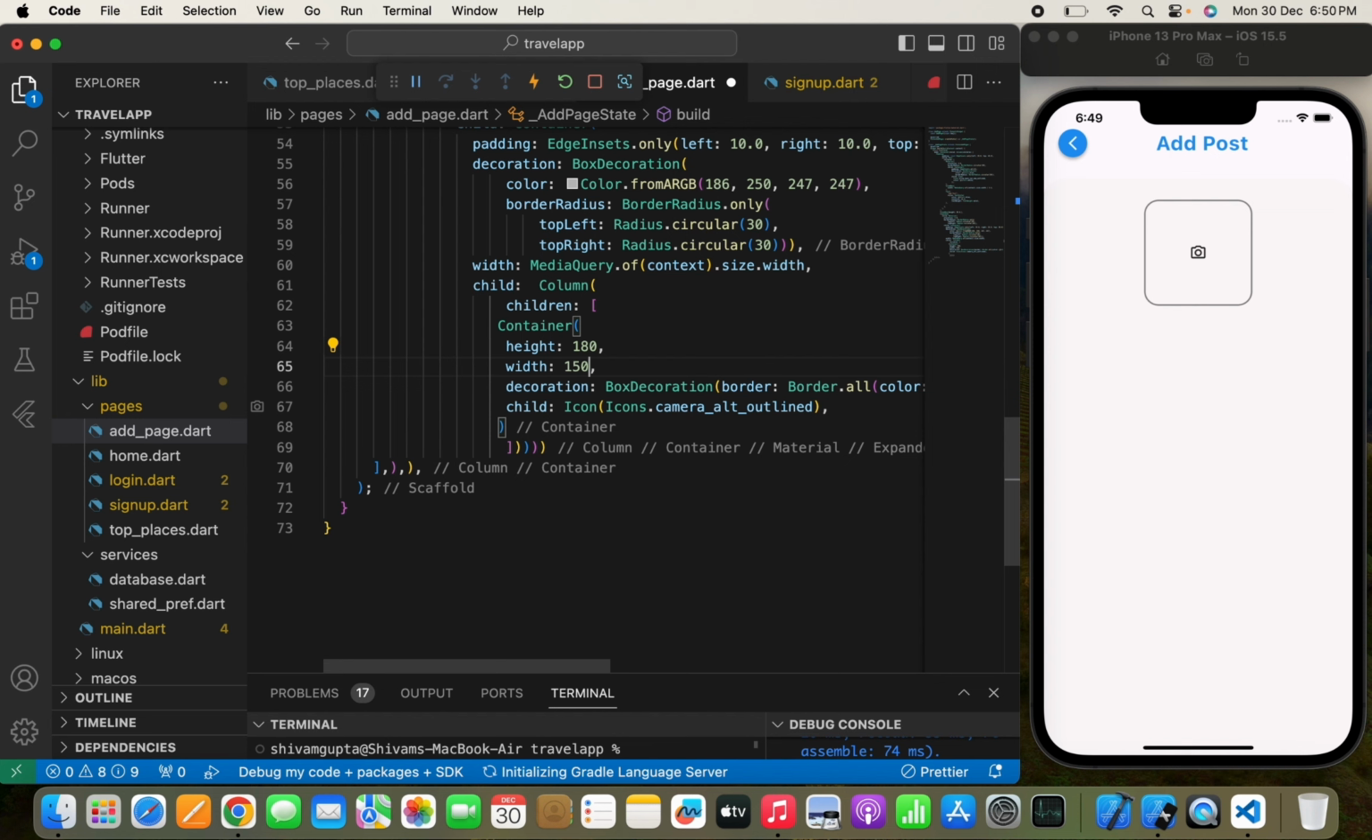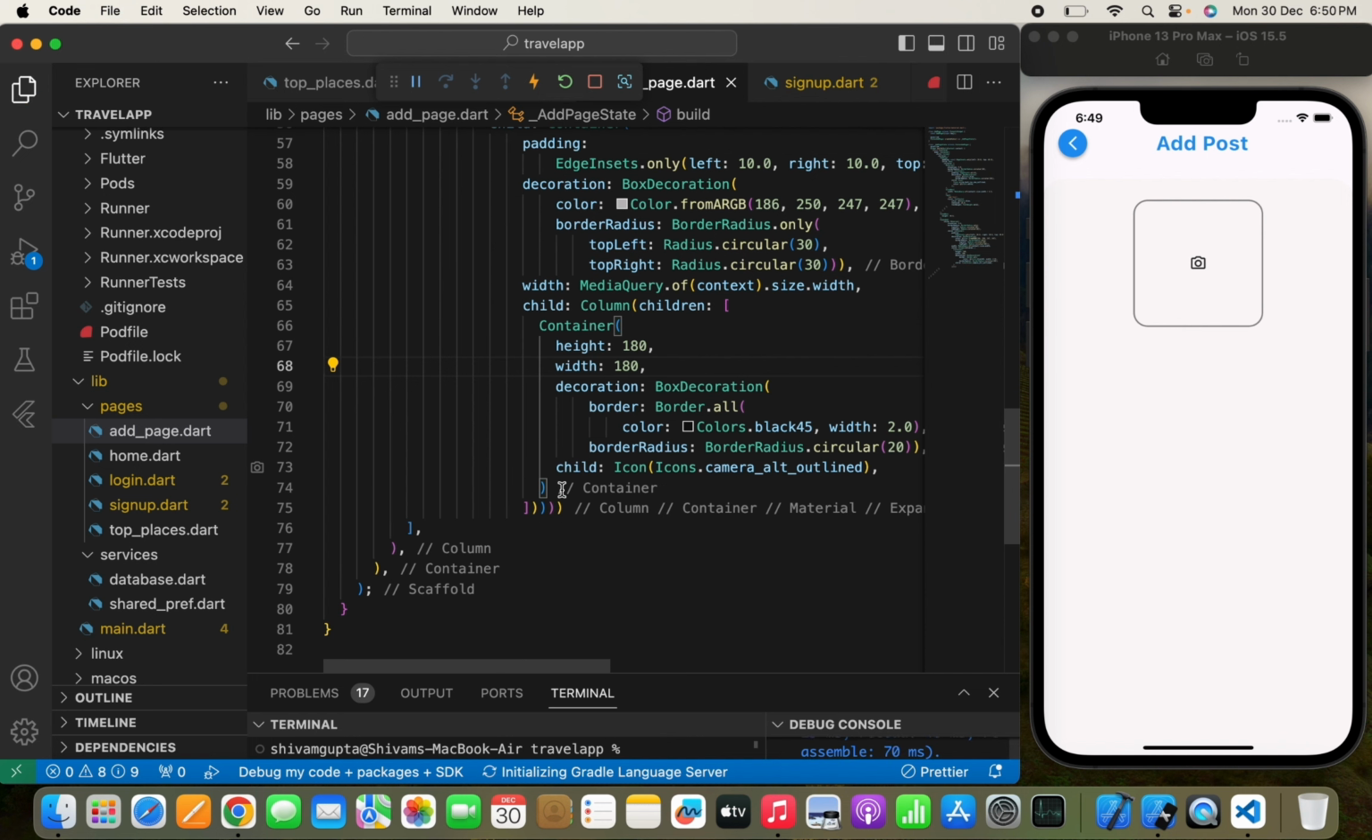If you want you can increase the height and width of a container, something like this. I hope that the size of a container is okay, but if you want to increase more you can go ahead. Now once we have added a post,